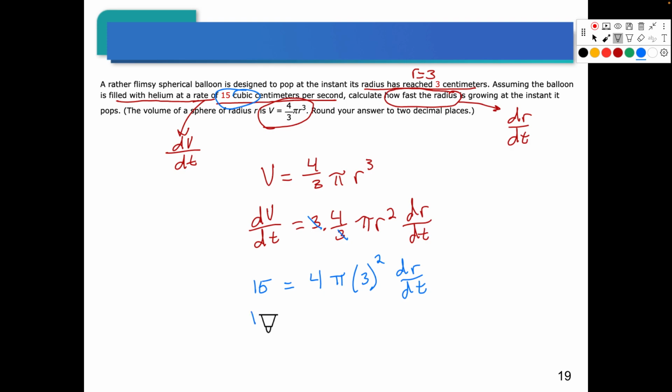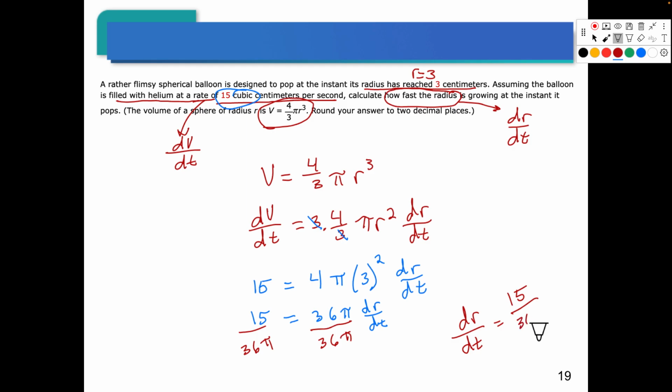So we get 15. 3 squared is 9. 9 times 4 is 36. And I'll leave that as pi, times dr/dt. And then just to finish solving, we divide by 36 pi. So we get our final answer is that dr/dt equals 15 over 36 pi,